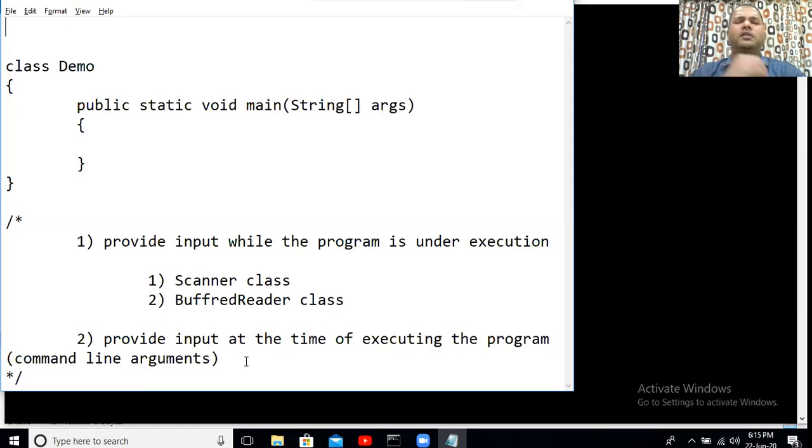So the reason is quite simple, because when we talk about folders, when we talk about directories, can we keep two files with the same name in two different folders? The answer is yes, we can always do that. But can we keep two files with the same name in the same folder? The answer is no. But if those files are to be kept in different directories, different folders, it is always allowed. Same thing is followed in case of Java classes also.